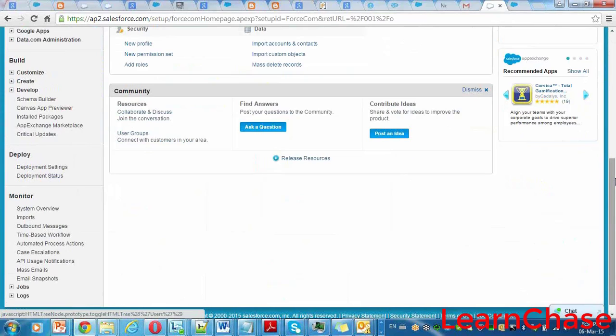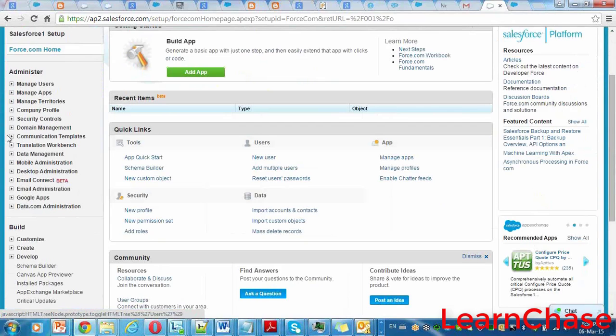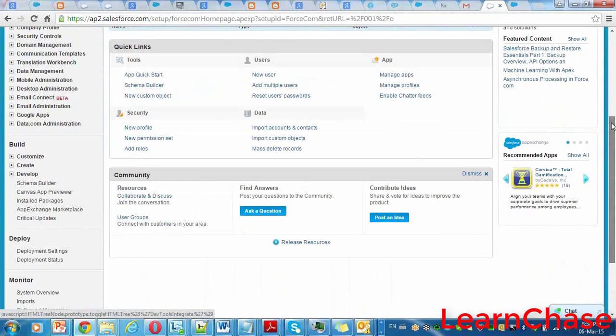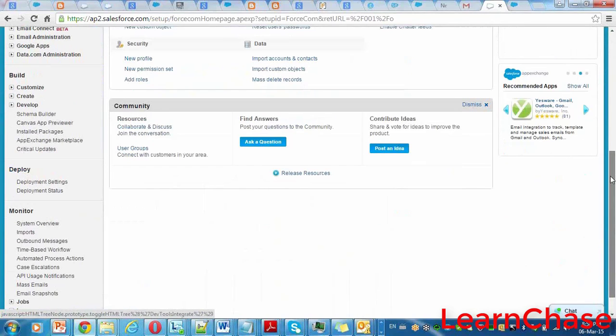This is the build section. Developers will mostly use this section. There are many internal features. These are the top ones; internally, it involves so many things. This is the deployment section. I told you, right? It's used for migration from one environment to another environment. This is the monitoring section, and developers and administrators combinedly use this section.